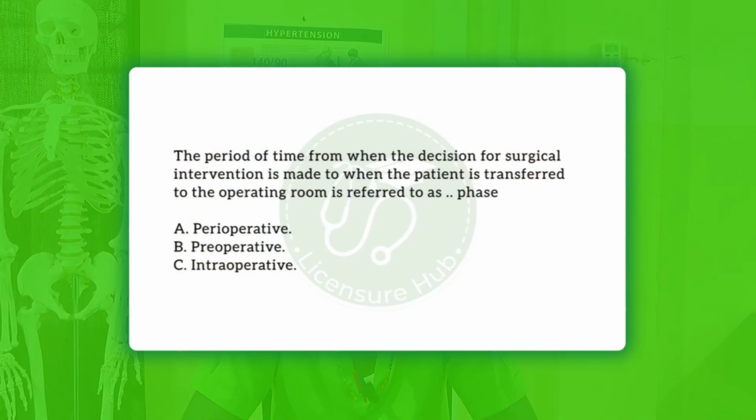Our next question reads: the period of time from when the decision of surgical intervention is made to when the patient is transferred to the operating room is referred to as dash phase. A. Perioperative. B. Preoperative. C. Intraoperative. This takes us again back to the beginning of surgery, where we look at the perioperative phase, what it means,